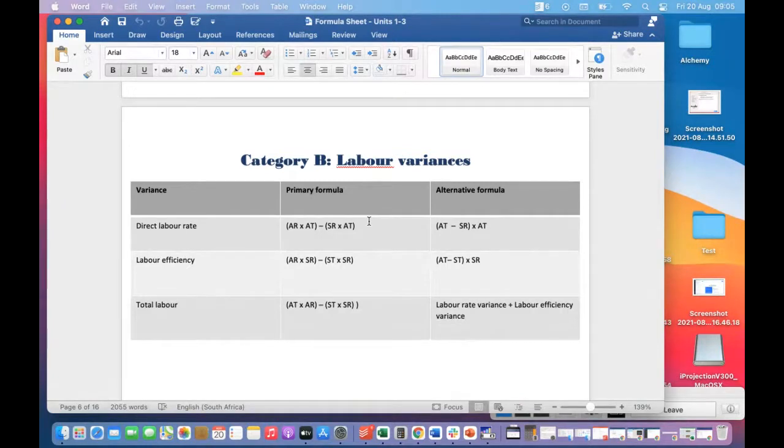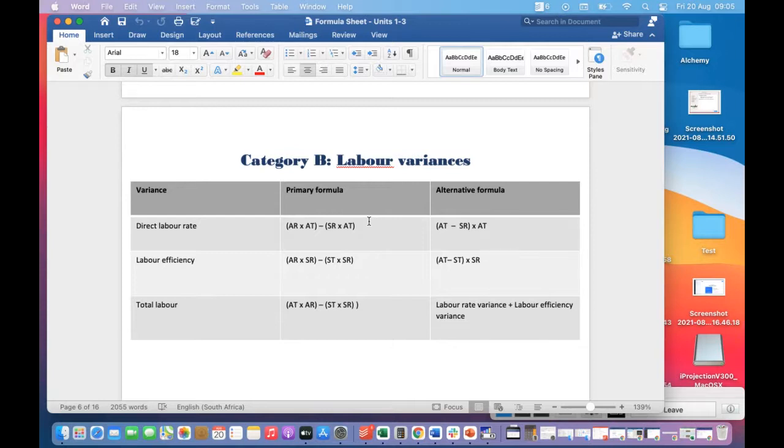Because basically we're saying, we anticipated that we would spend so much money on our labor hours. Did we actually spend less on our labor hours, based on the budgeted time? Does that make sense? So that we can see, were we more efficient than we planned, or less efficient than we planned? That's what we're trying to see. It's the same thing as the previous one we were doing, it's just that now we're focusing on labor.